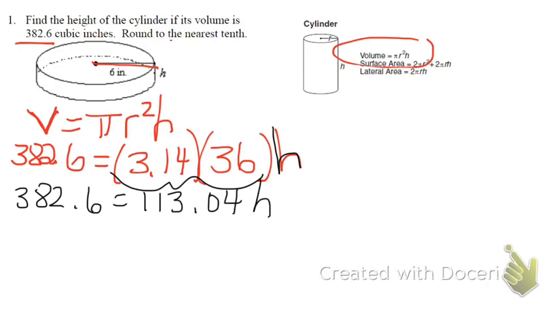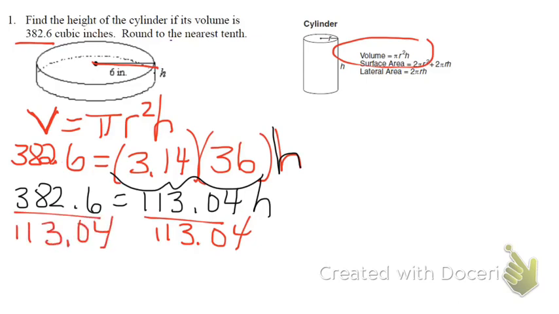To get h by itself, divide by 113.04 on both sides, and you really don't have to show that. You can just do it if you know what you're doing. And now h is by itself, so h equals whatever 382.6 divided by 113.04 is. Okay, and I get